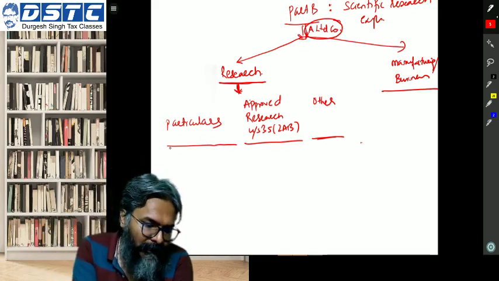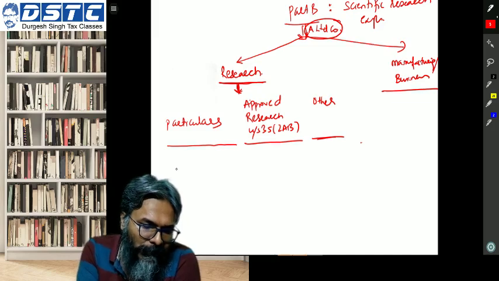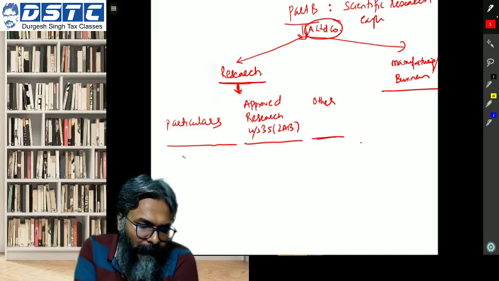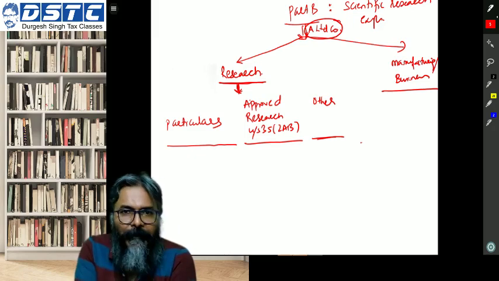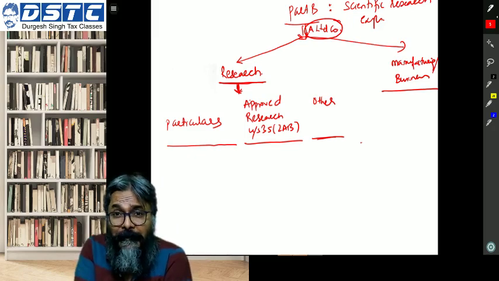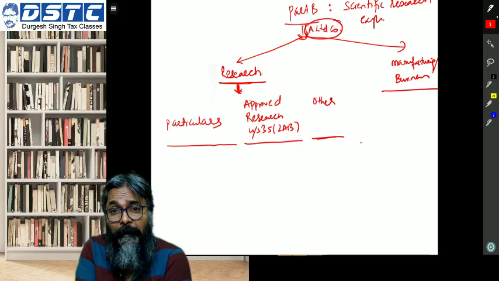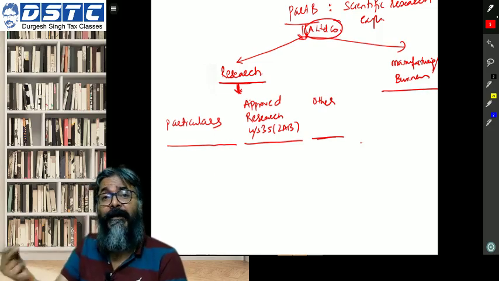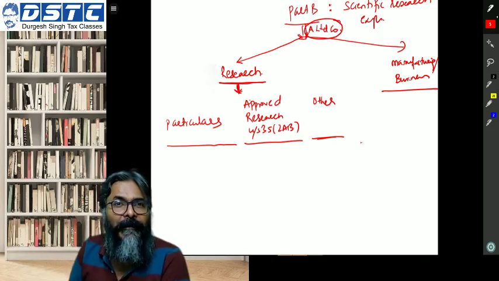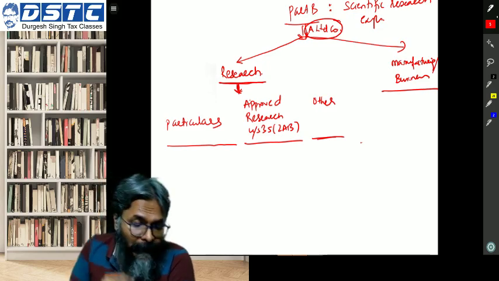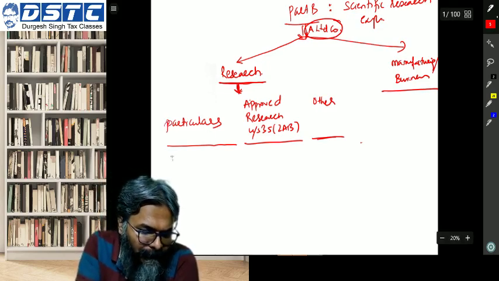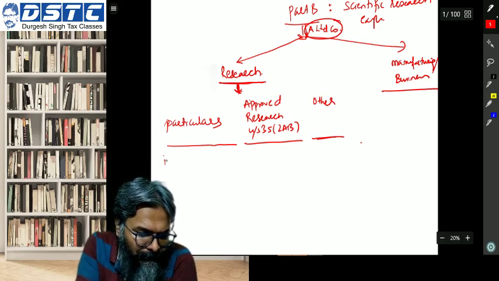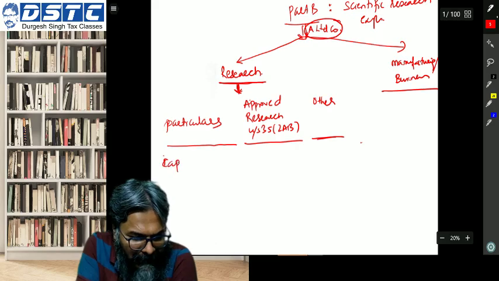Now in the particular side here, students, when I'm talking about the approved research under section 35, there is 150%. There is a 150% deduction which is available, but make no mistake, not in all the cases do you get 150%. You have to also be very careful of that particular point. So how do we proceed in this situation? It goes like this, students. Like capex, which is capital expenditure,